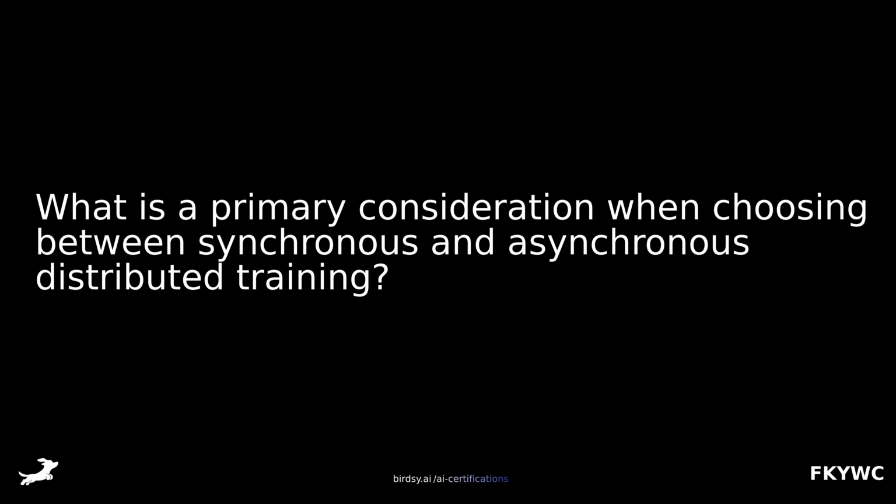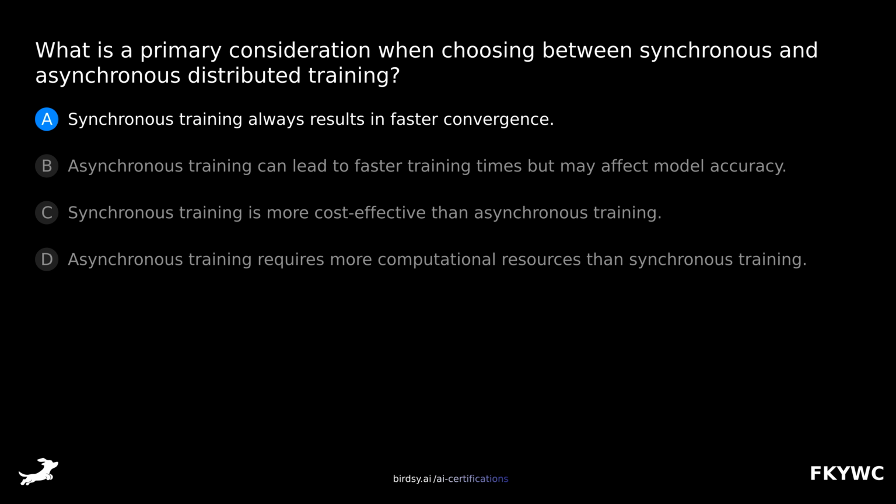What is a primary consideration when choosing between synchronous and asynchronous distributed training? Is it A, synchronous training always results in faster convergence, B, asynchronous training can lead to faster training times but may affect model accuracy, C, synchronous training is more cost-effective than asynchronous training, or D, asynchronous training requires more computational resources than synchronous training? The answer is B, asynchronous training can lead to faster training times but may affect model